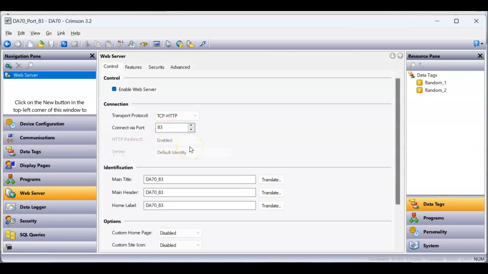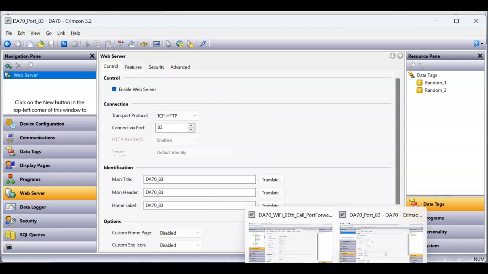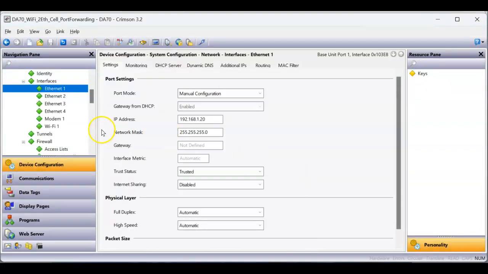So I want you to remember 81 is for the CR3K 4-inch, 82 is going to be for the DA30, and 83 is for the DA70. So that's what I have set up there. Now back at my DA70, which has the cell modem, what I'm doing here then is if I slide down a little bit